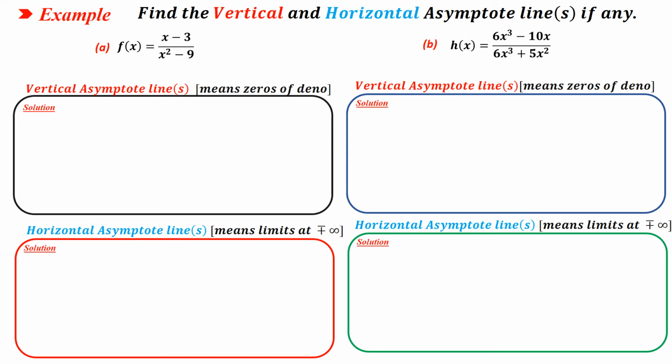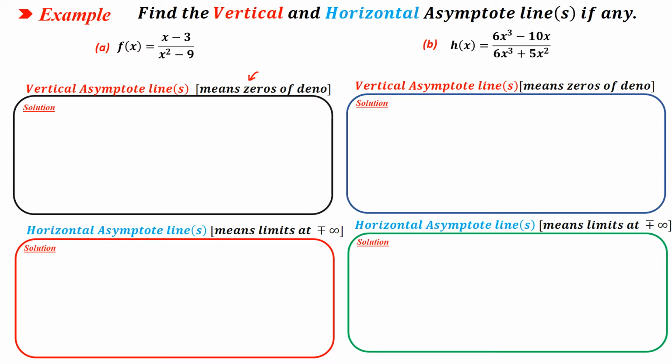Hi everyone, in this video we will take an example about how to find the vertical asymptote lines and horizontal asymptote lines. In part A we have the function f of x equals x minus 3 divided by x squared minus 9. To find the vertical asymptote line, you have to check what the zeros of the denominator are